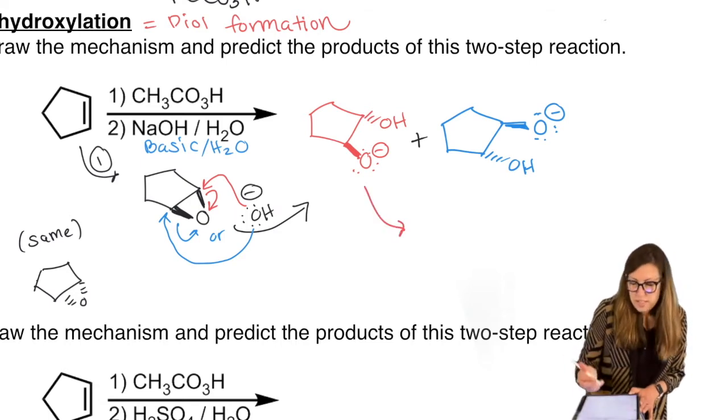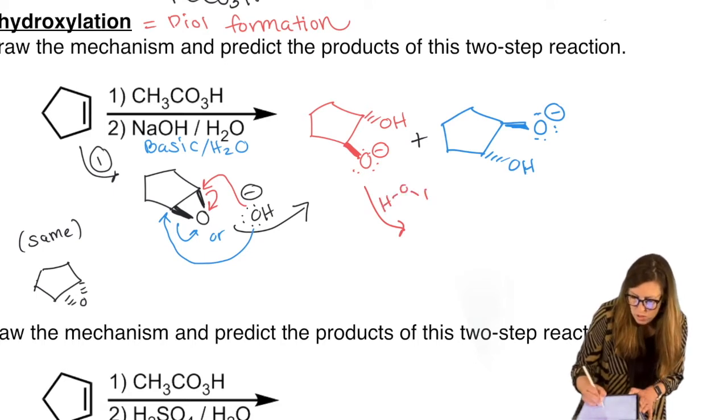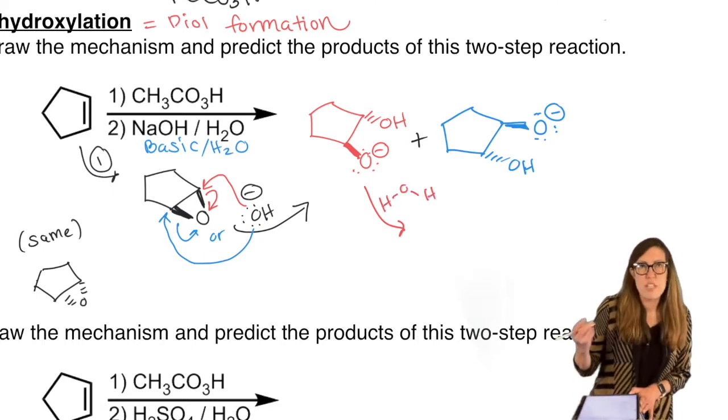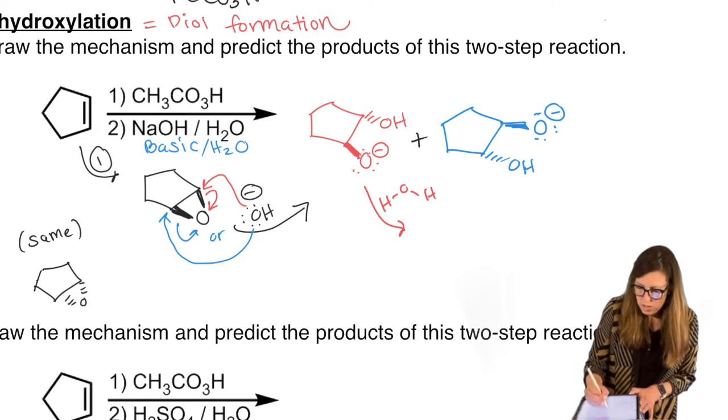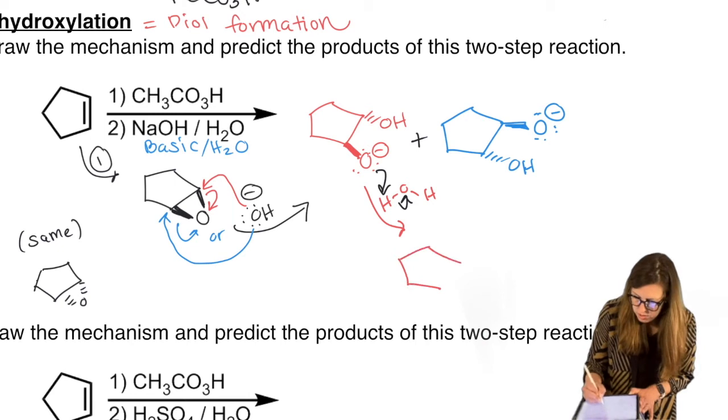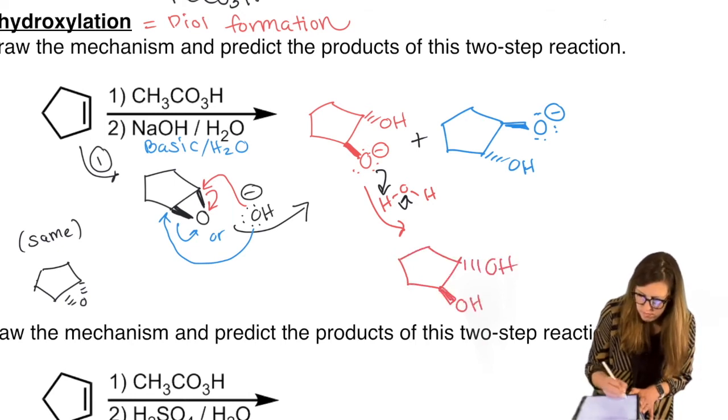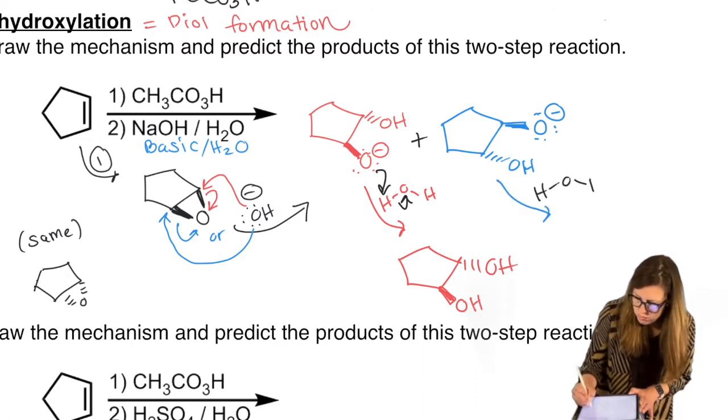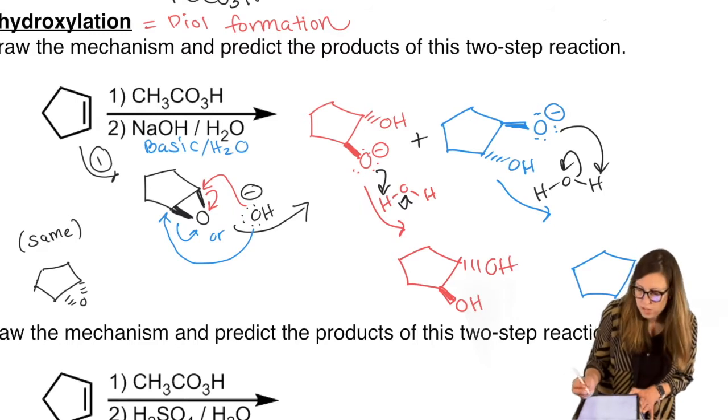So you can show that step, or sometimes, because we're doing more complicated mechanisms, the acid-base proton transfer might just say H+, and you acknowledge that you know what that means. But it doesn't hurt to write it out every now and then, too. You don't have to always skip it. So let's do that again here. Neutralize. So the main part of it was already accomplished in that first step. It's just this was neutralizing, because we're not going to isolate that anion. We're trying to isolate a diol, right?